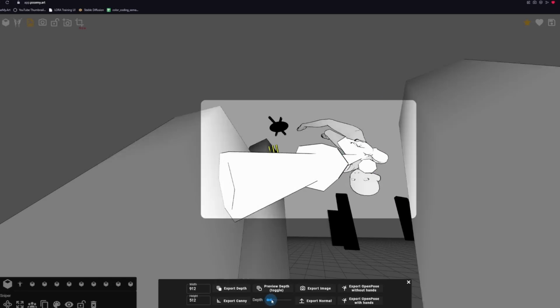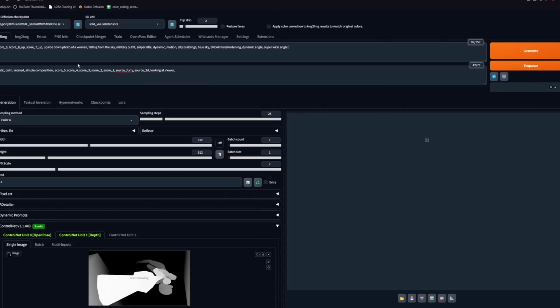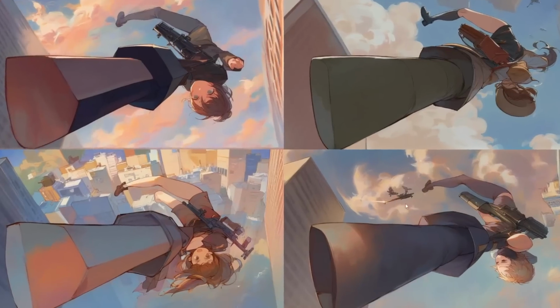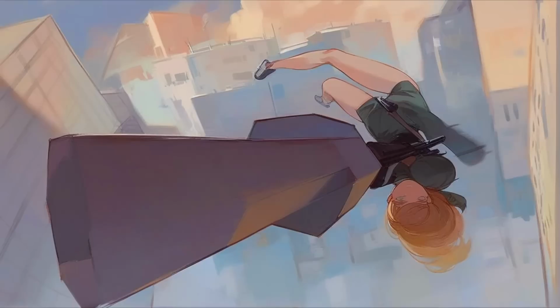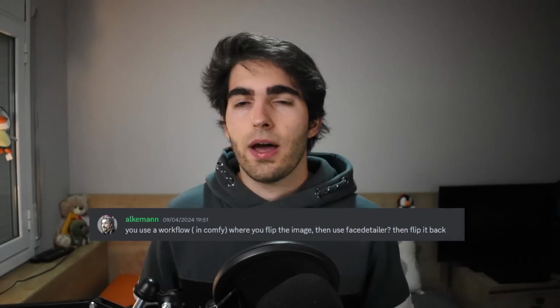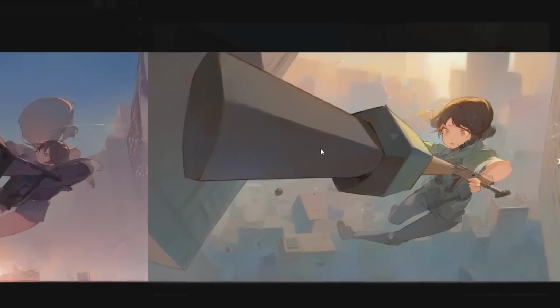We export the maps for the character and the background, and then we generate the base image with Stable Diffusion, this time using PonyXL. And here is where we run into the first major issue this image has. No matter what model you try to use, it's upside down. Turns out, AI doesn't like stuff that's upside down. Talking on our Discord server, Alkeman proposed to just flip it. And even if it's not perfect, I think that's a good solution for now. After the flip, AI knows what it's looking at, at least for the body.